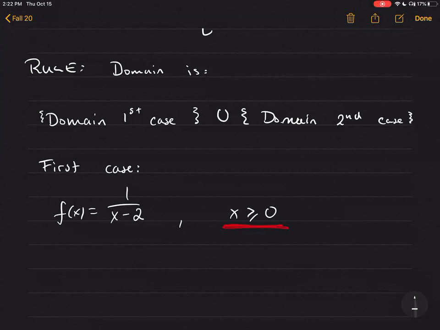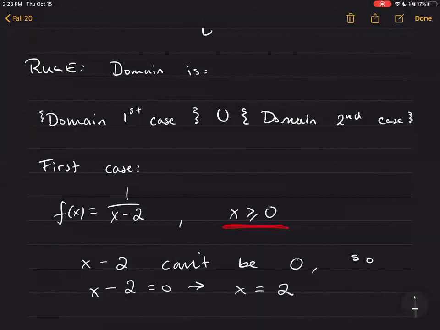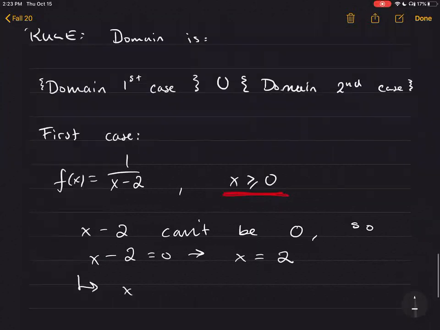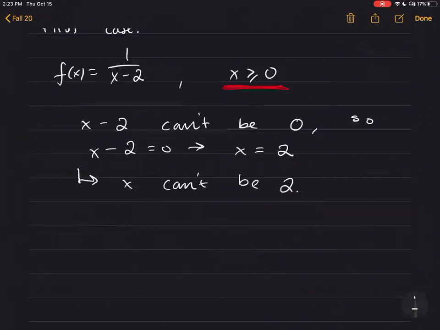We know from our previous work that x minus 2 can't be 0. So if we were to write this out as 0, that would mean that x would be 2. So that means x can't be 2. And since this was defined for everything greater than or equal to 0,